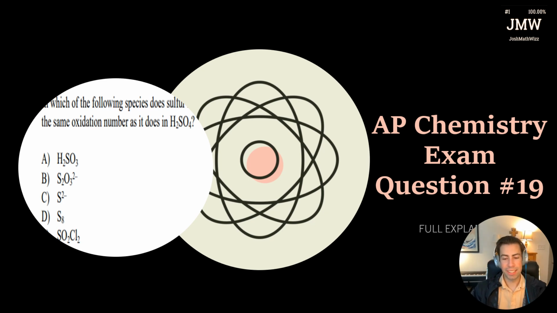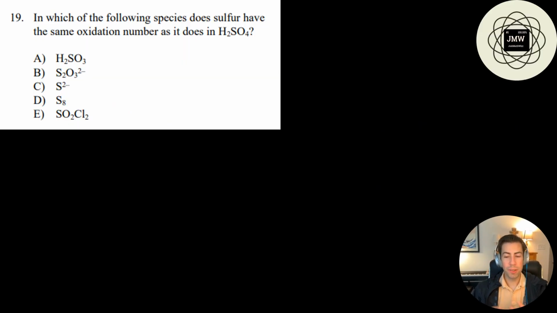All right, question number 19. I want to try to, I don't want to say speed run, but I want to get these done quickly so that you guys can go through this playlist and review quickly. So anyway, let's get right into it. So I want to figure out in which of the following species does sulfur have the same oxidation number that it does in